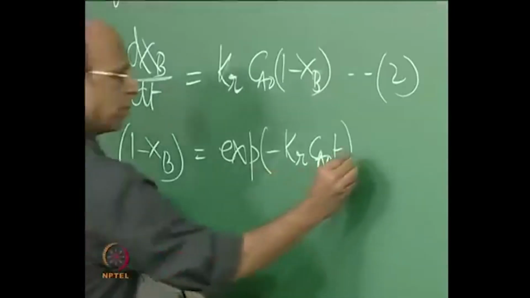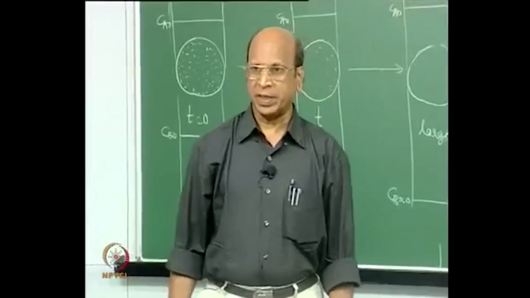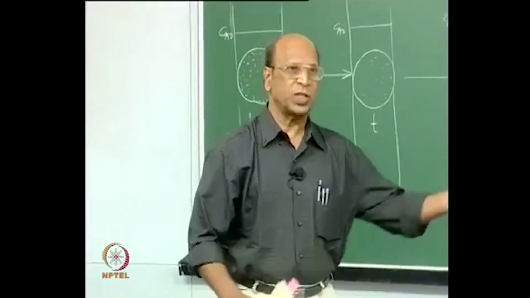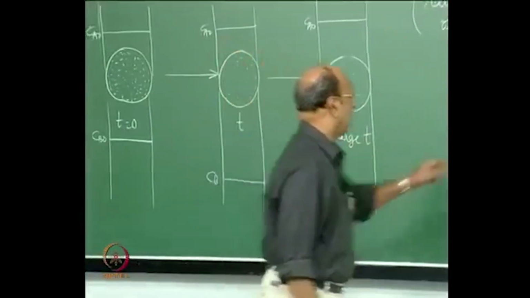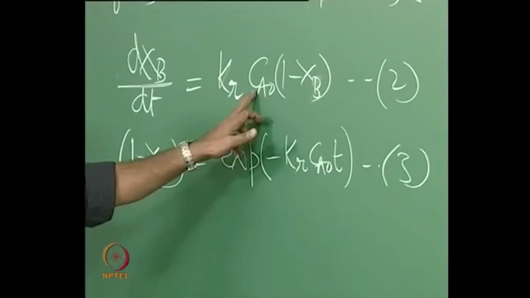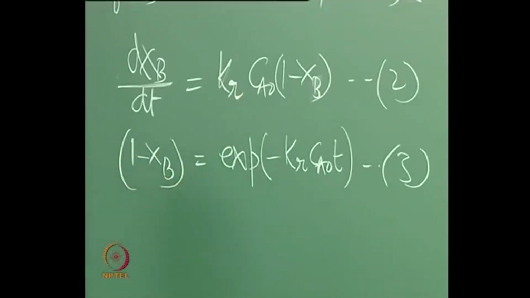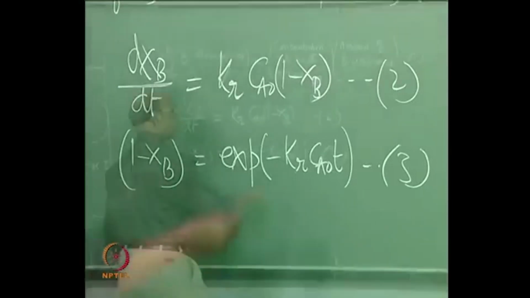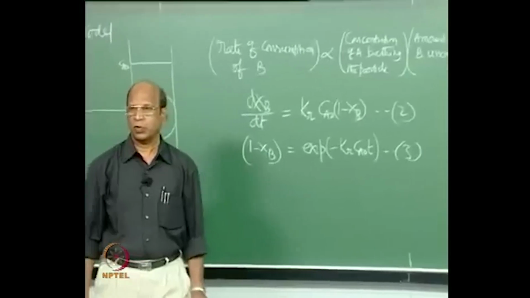You see now this equation, the simplest equation to calculate time, and also it is related with Xb. It is simply like your homogeneous reaction. In homogeneous reaction, assuming that this CA naught is almost constant throughout, that becomes a pseudo first order with respect to A, and it is not always true that I should have 1 minus Xb. I can have in fact Xb to the power of